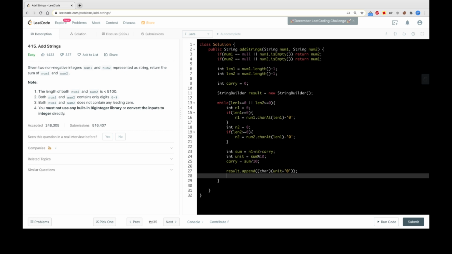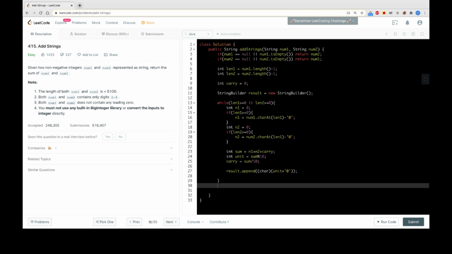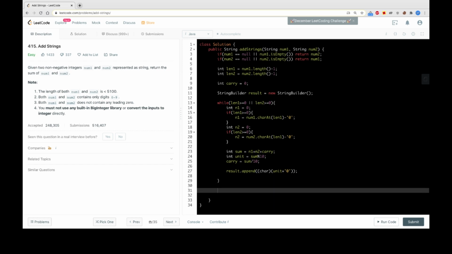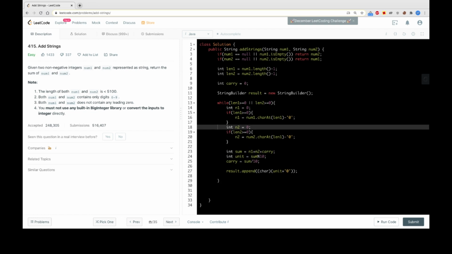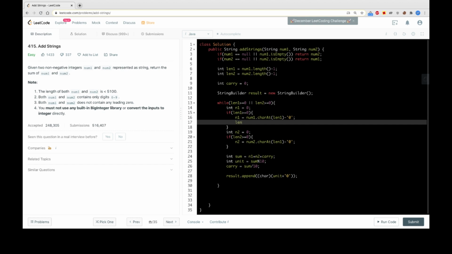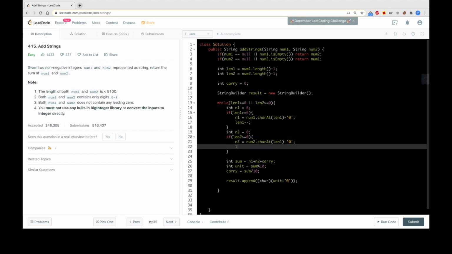And this will take care of all your summation, division, and modulus. After this, for the loop to end, once we use these numbers, we have to reduce the lengths, otherwise we'll go into an infinite loop. Similar thing is here.